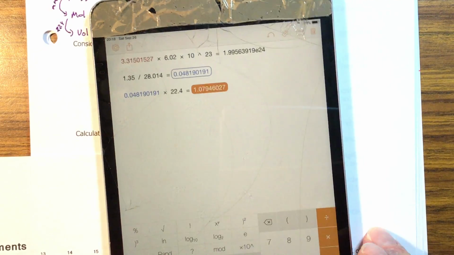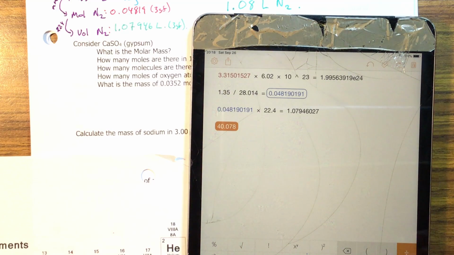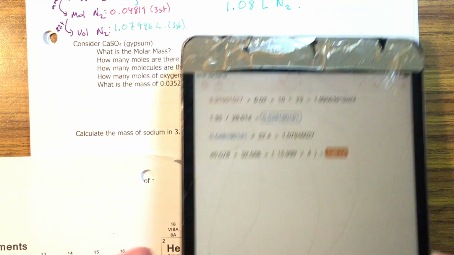I'm going to do Ca, 40.078, and add to that my S, 32.066, and add to that in brackets my O, 15.999 times 4. Hit enter: 136.14